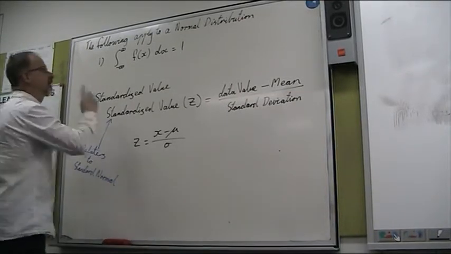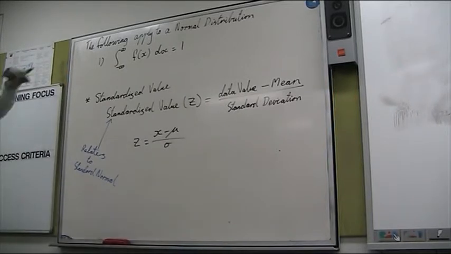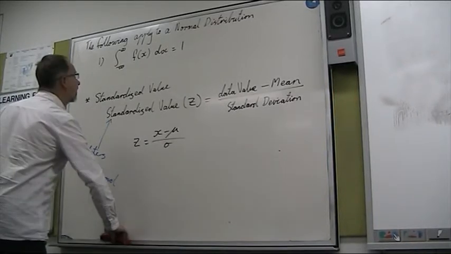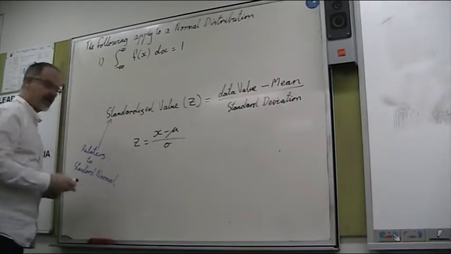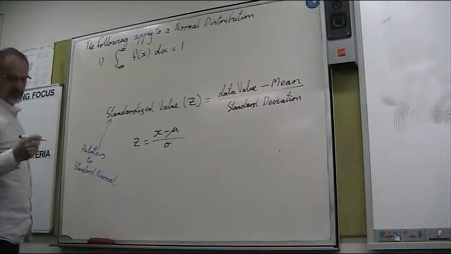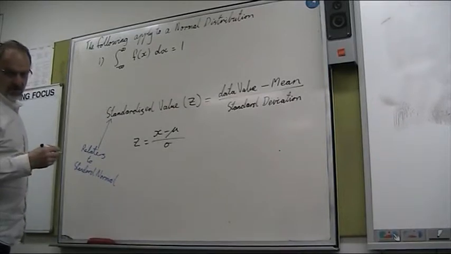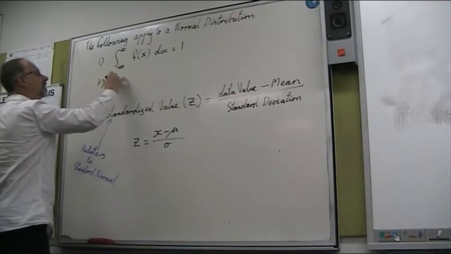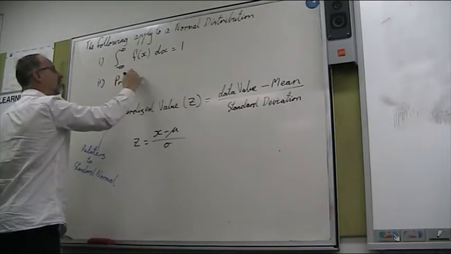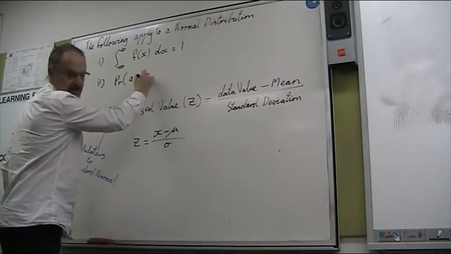If this is a PDF, then it's got to have that as well. Now remember, the area under these PDFs is the probability. So then the probability that something is between a and b,